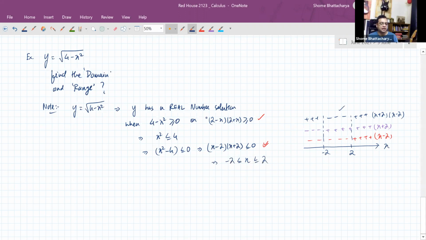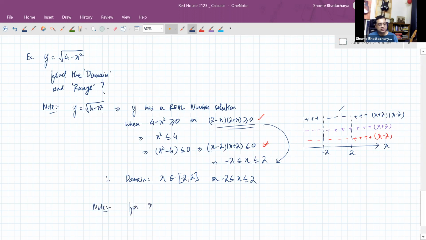If you make a number line for the other one, you'll get the same solution actually. This will also give you the same solution. So the domain of this function, we'll say, is that x belongs to the closed interval minus 2 to 2, or x is greater than equal to minus 2, less than equal to 2. Now about the range. So next thing we see that